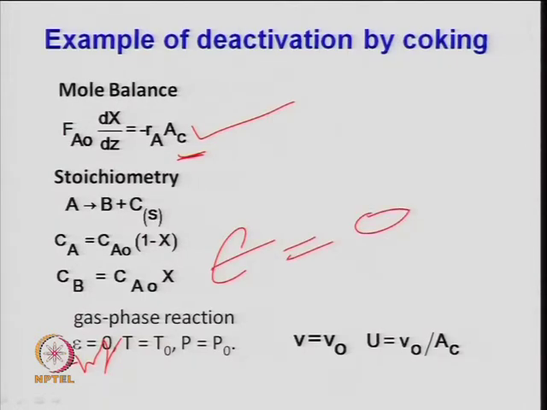Temperature T is T 0, P is P 0, volume flow rate V is V 0, and the superficial gas velocity is defined as the volumetric flow rate divided by the area of cross section, right. That is generally a very important factor when you look at a straight through transport reactor or a moving bed reactor. How much time a catalytic species or catalyst spends inside the reactor will depend on this